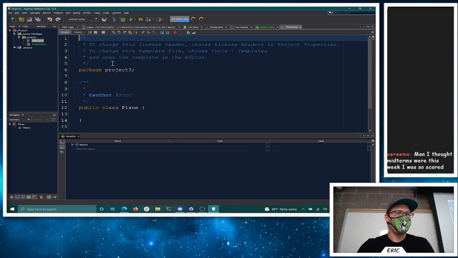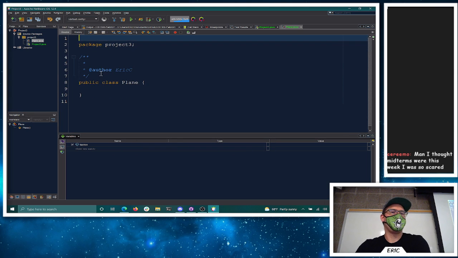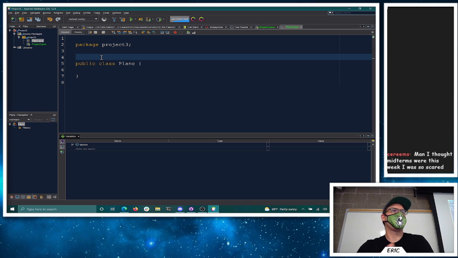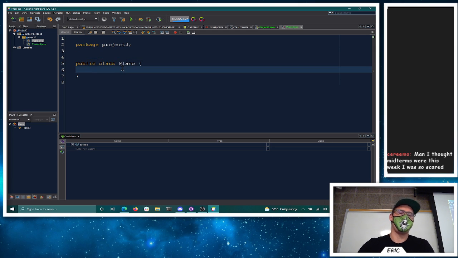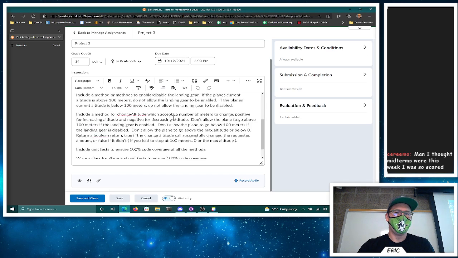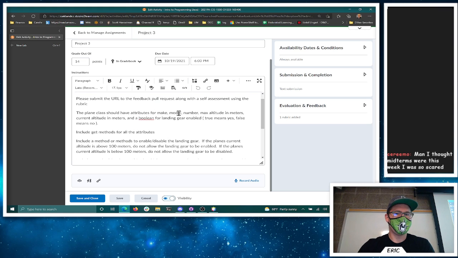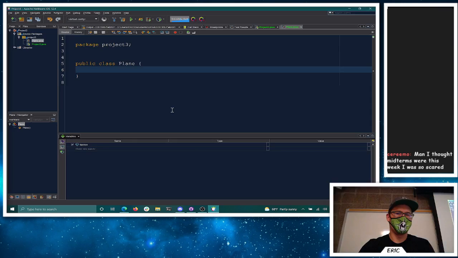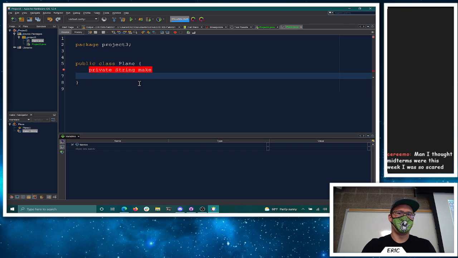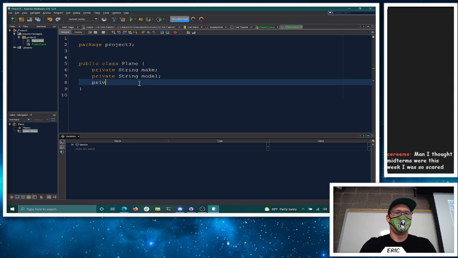Now, before I can write the tests, I need to at least have the method stubs, right? The method needs to exist for me to test it, but it doesn't have to do anything. That's how you would approach this with test-driven development. So we're going to list all of our private attributes first. We need attributes for make, model, number, max altitude in meters, current altitude in meters, and a Boolean for landing gear enabled. We're going to have a private String for make, semicolon, a private String for model, private String for number,